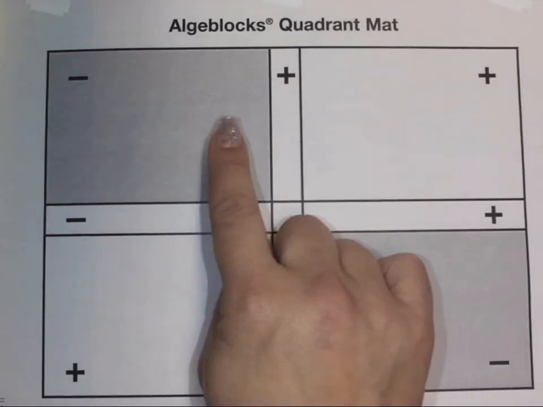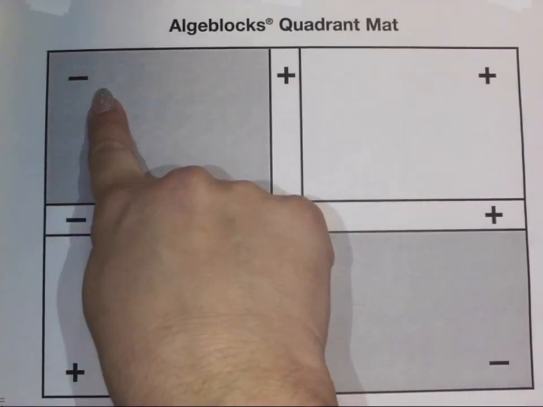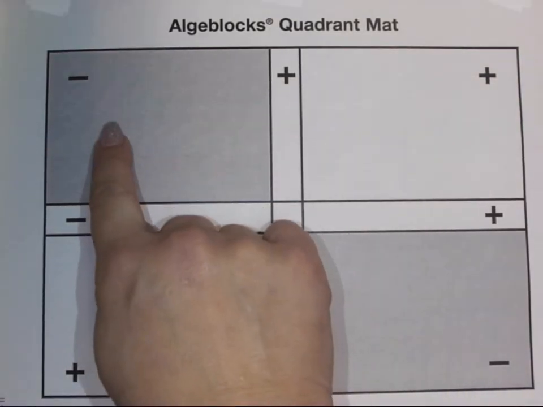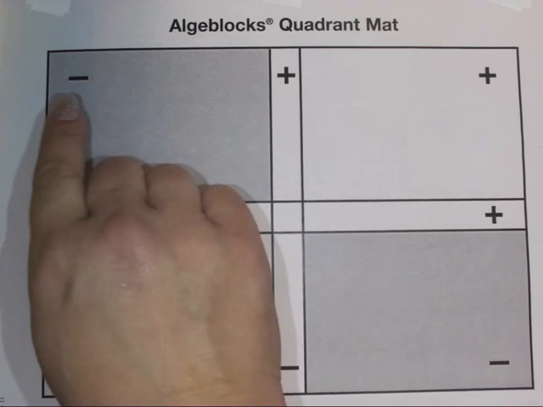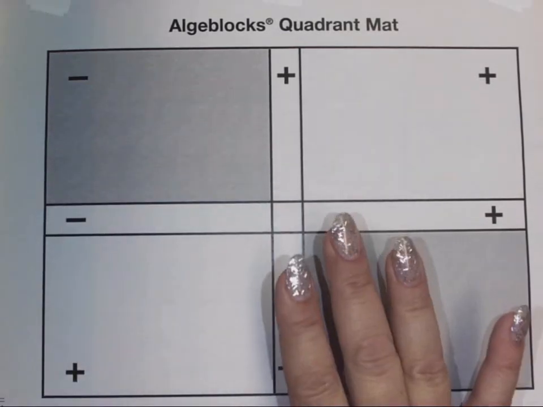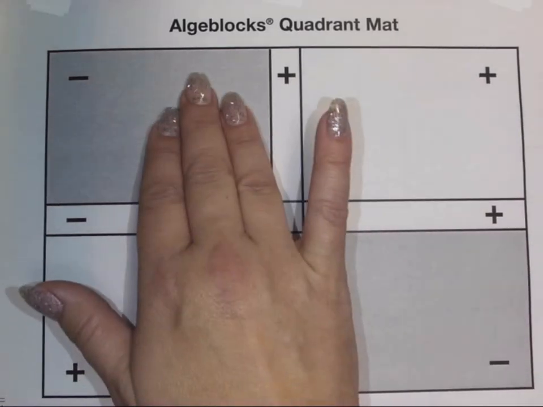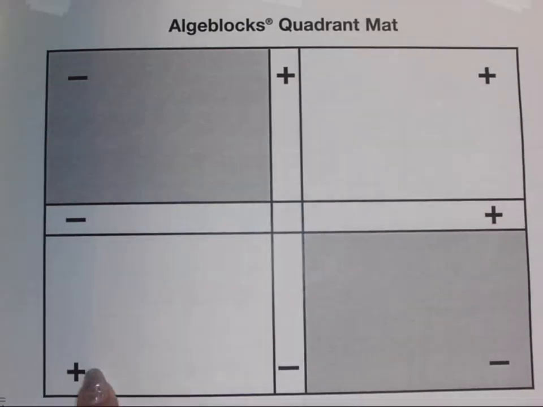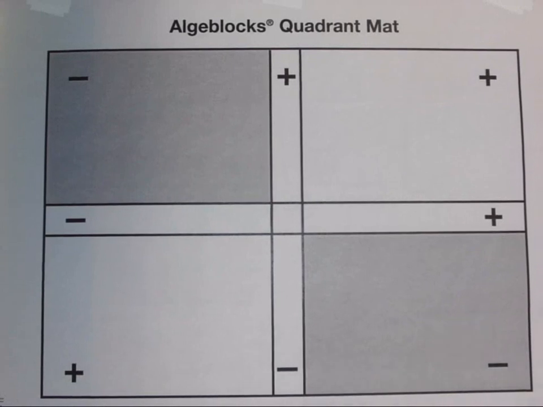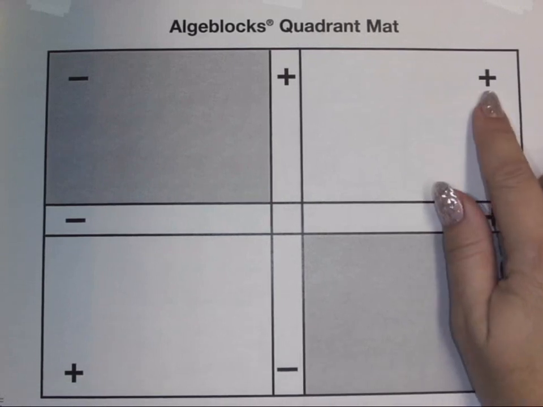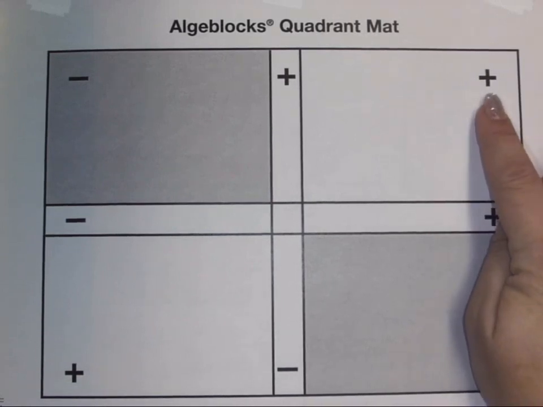the mat is telling me that's a negative. Anything that goes in this quadrant, I know it's negative. Because with the Algeblocks, I don't have the red pieces, right? So I have to tell you, okay, it's negative by putting it there. Positives here, negatives here. Now, if you've had a trig class, or even if you haven't had a